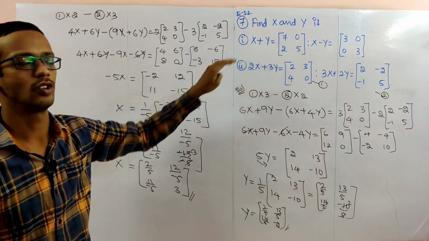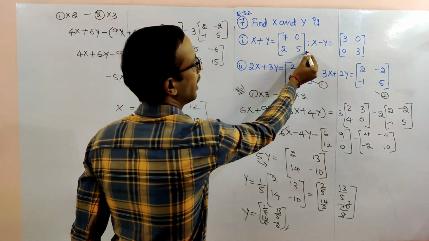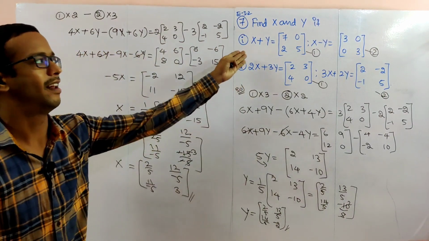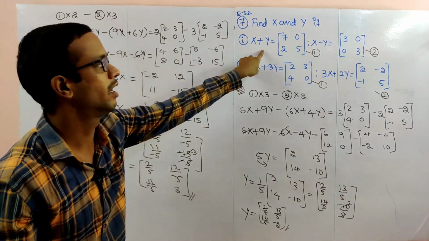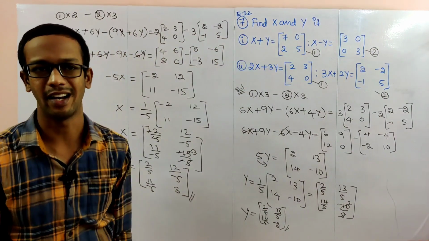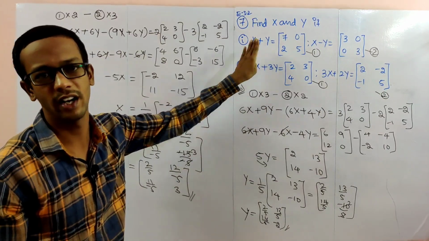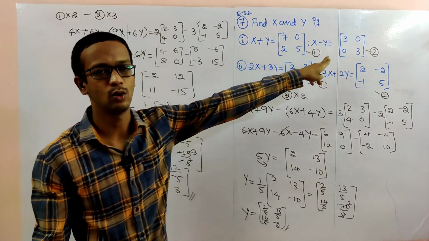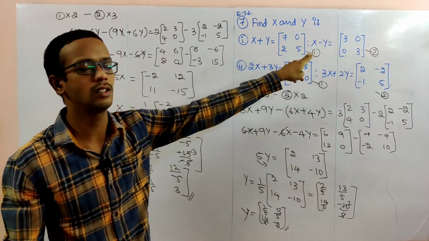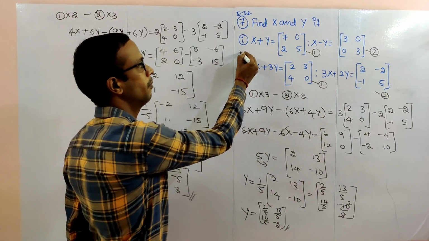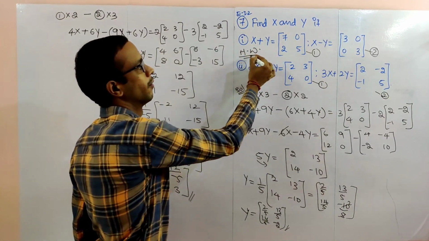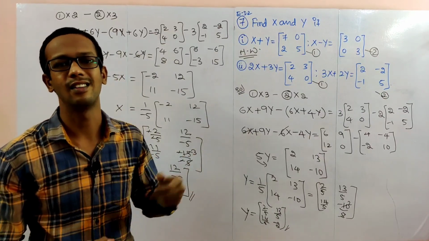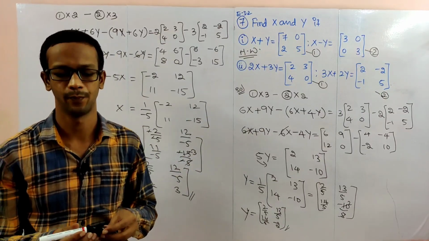And in a similar way, question number 1 you can observe. Take this one as equation 1, this one as equation 2. Add 1 plus 2, y cancels and you will get the x matrix. Substitute the x matrix here and simplify. Direct method you can also use, or the same method: 1 plus 2 one time you make, 1 minus 2 one time you make. Very simple problem. Take this one as homework. The answer is in the description box, in the notes. Solution you have to do.